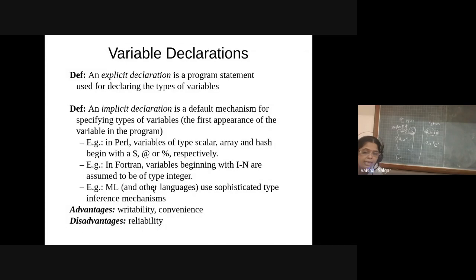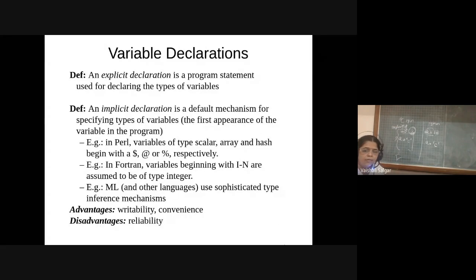As I have given an example of Python, in the same way there is the Perl language in which the dollar sign declares a scalar data type, the at sign indicates an array declaration, and the percent sign declares a hash.